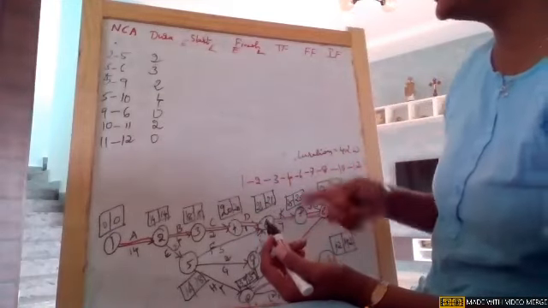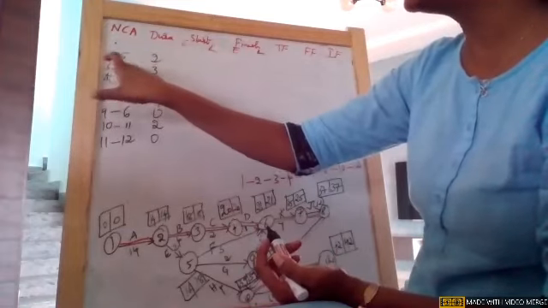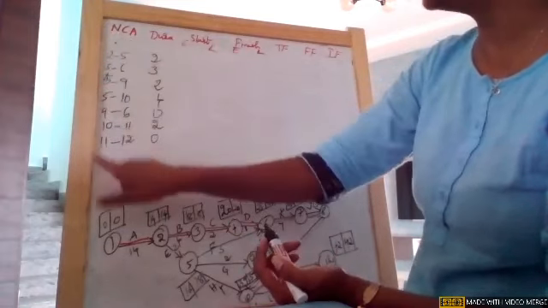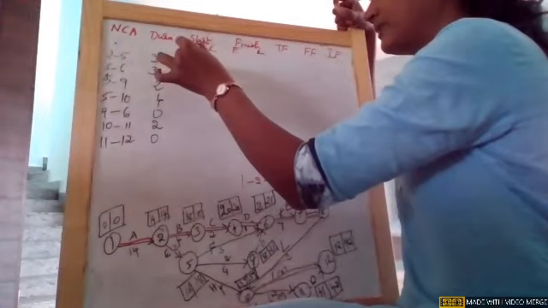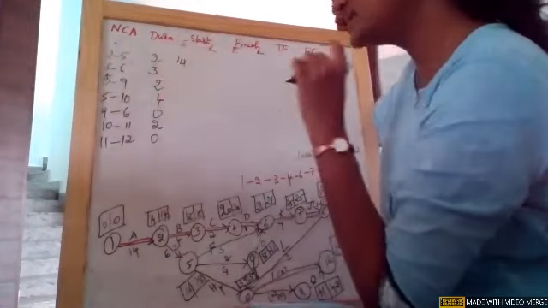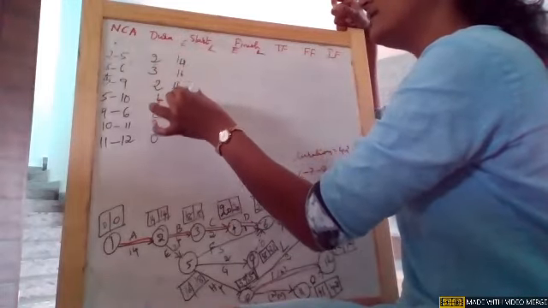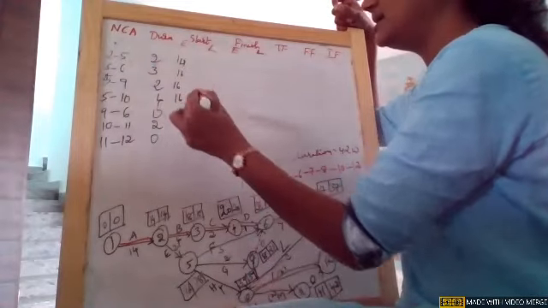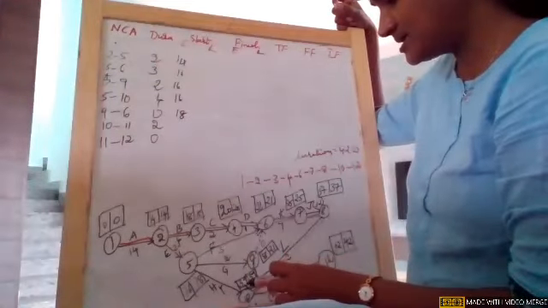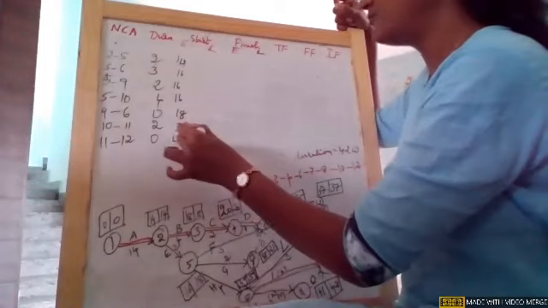Now we will write the earliest times on the starting node. As I told you, for activity 2 to 5, the start is always the left side. So on 2 the earliest time is 14. On 5 the earliest time is 16. All these 5s will be the same. On 9 the earliest time is 18. On 10 the earliest time is 39. On 11 the earliest time is 41.